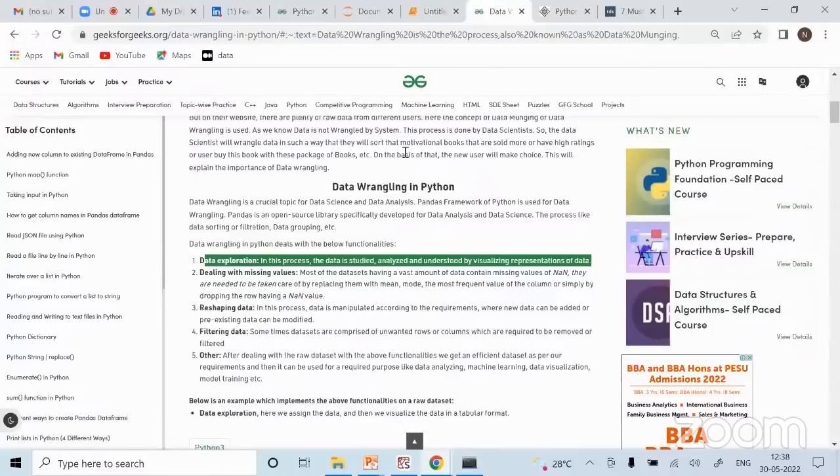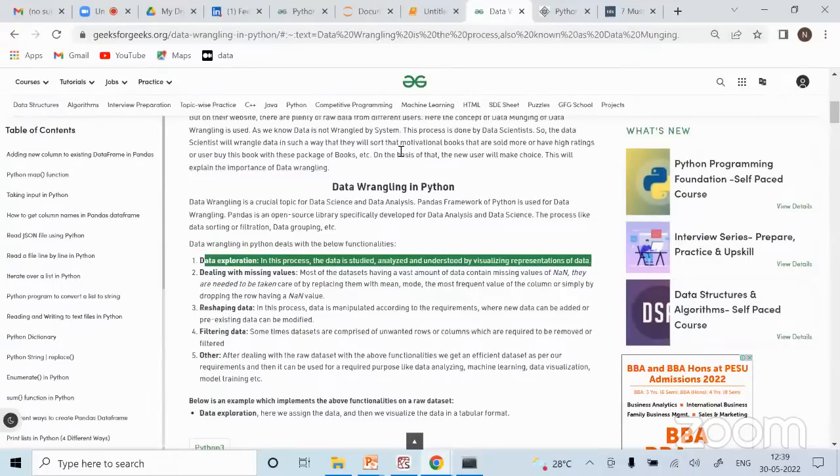Then we deal with the missing values. Let's say when I was doing the data exploration, I realized there are a lot of missing values. Now how do I deal with it? One way is, if there are very few, you simply drop them. Other ways, typically, we fill it with a mean value. Picking that mean value may change. You may take the mean of the entire column, that could be one way. Another way is if you have different groups or categories, you do a group by, calculate the mean for just that group and fill it in. If it belongs to group 1, that's the mean value; if it belongs to group 2, there is a different mean value, like that.